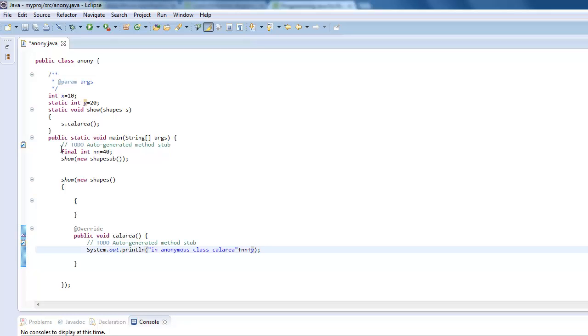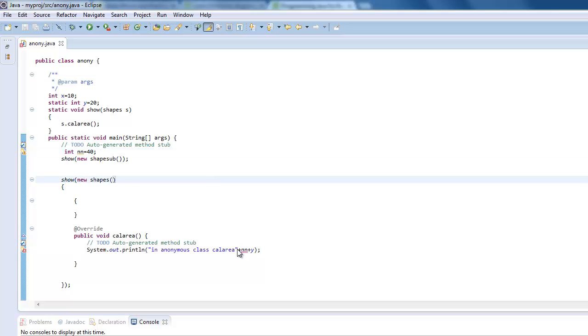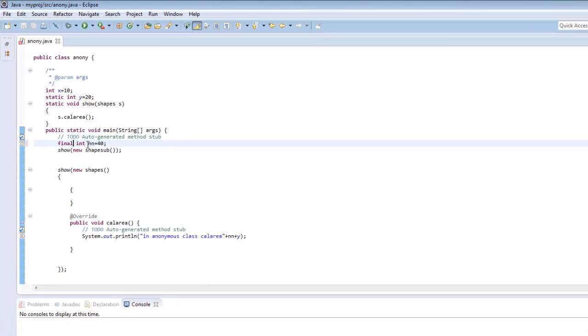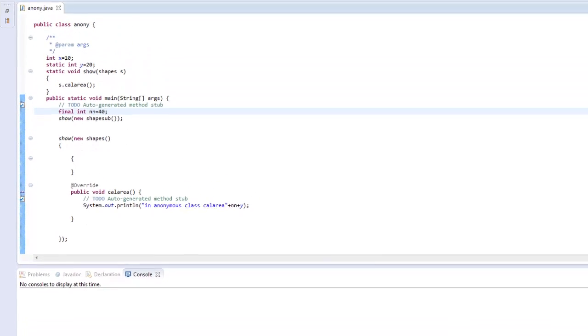Secondly, the same rule for local variables applies to the anonymous class also. The local variable has to be declared final. In case I don't declare this as final, you can see there is an error which says cannot refer to a non-final variable within an inner class defined in a method. So the local variable has to be declared final. Rest, it can access all variables of the outer class. So this is similar in rule to the local inner class, and it is exactly like a local inner class. So this finishes the course on